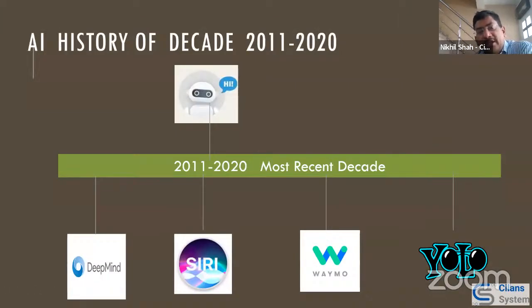If you fast forward from 2011 to 2020, a lot of new innovations have happened, like Siri in Apple, where you can talk to your Apple phone. Waymo is very popular. Home cleaning robots, where you can just give a floor plan and it will automatically go and clean the floor. Some very interesting algorithms like YOLO. Let me show you a quick clip about YOLO. I think it will give you a lot of perspective, and you will be able to see how it is quite relevant to our agriculture sector as well.